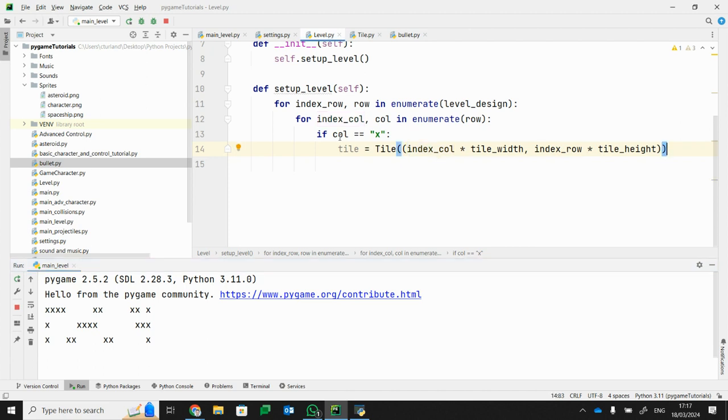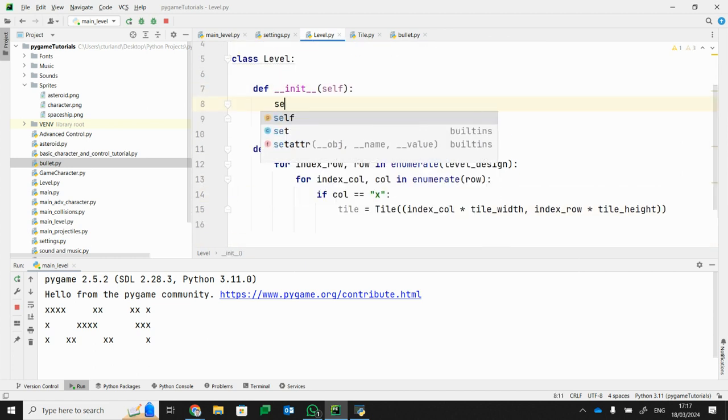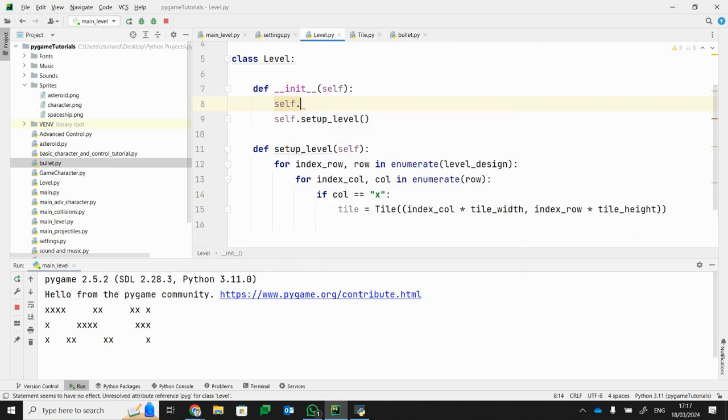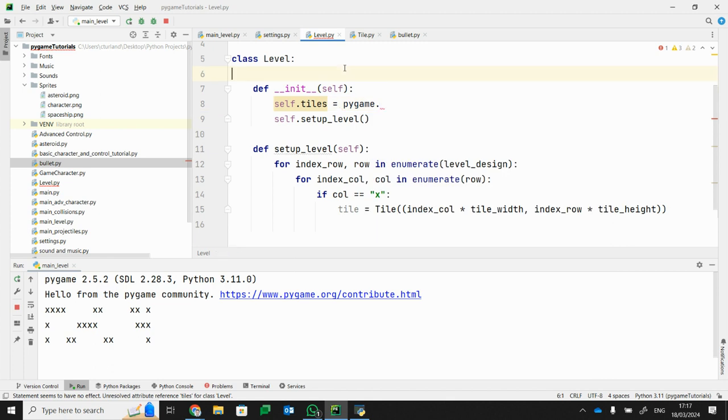So we've done that. Now we need to keep a collection of all of these tiles that we're building. So up in the constructor, we need to create a group. So we call it, in fact, self.tiles equals a pygame dot. There you go. I always have to go back and check these